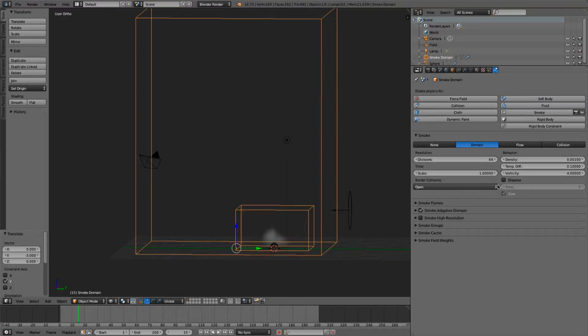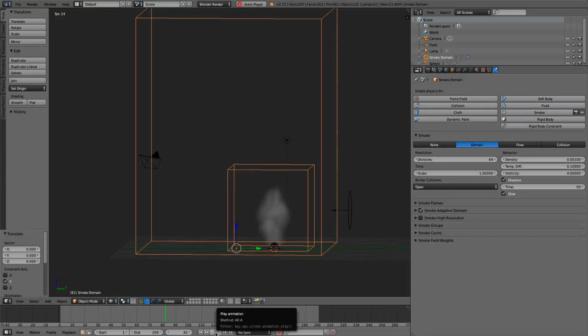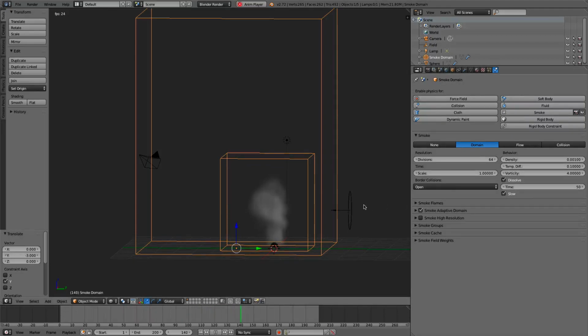And then what we'll do now is you can have a time that it dissolves at. This, I really don't understand how it works. There's slow, and then there's just normal. Slow seems to do it over time. 5 is not 5 frames, it just means 5 something. Who knows when it dissolves. But I'm just going to leave this at about 50. So it will dissolve eventually, getting up to a certain point, and slowly fade out. This is up to you, really. I mean, all of this stuff can be changed however you want. This is just how I'm doing my smoke simulation. So that looks good enough to me.